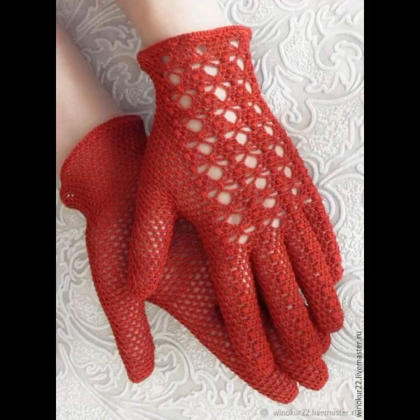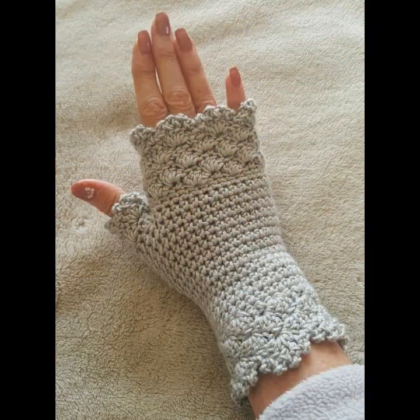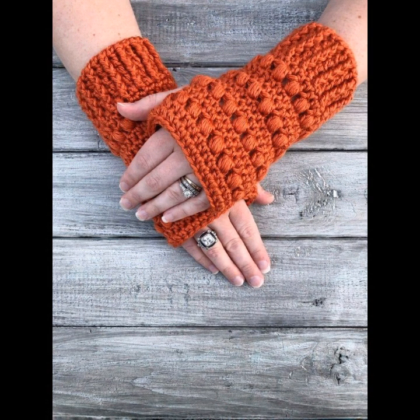So friends, today I will share with you very beautiful, amazing crochet stylish hand gloves designs ideas collection. Beautiful colors, beautiful patterns, very amazing colorful crochet fingerless